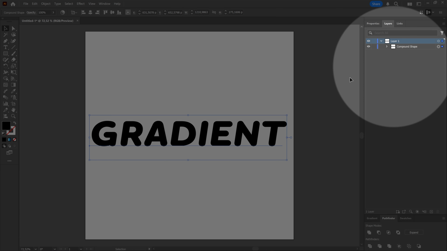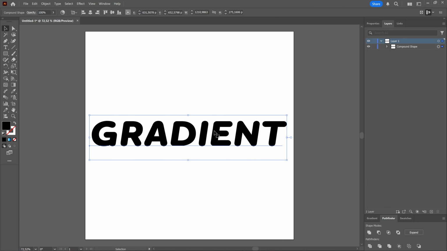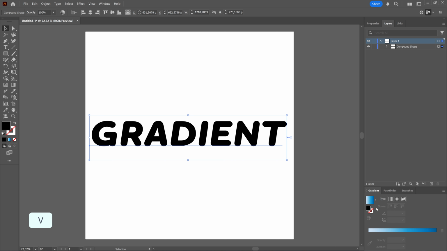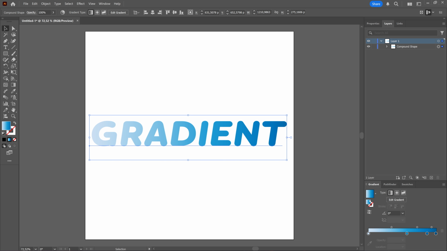no longer a text. But when you have your text selected after you made a compound shape and you go back to the gradient and you click this gradient, as you can see now, the gradient has been applied to the text as a fill. And you can still change your text. If I take my text tool,